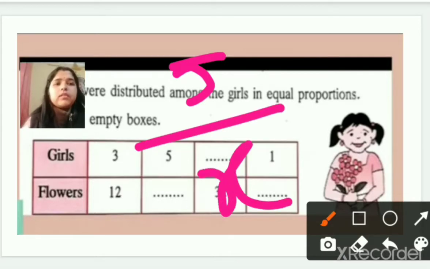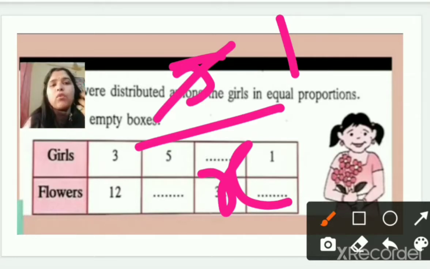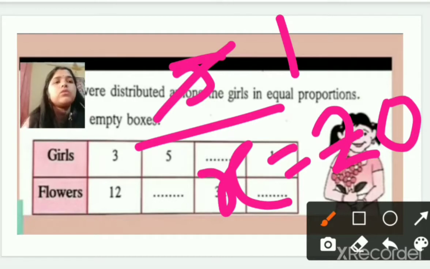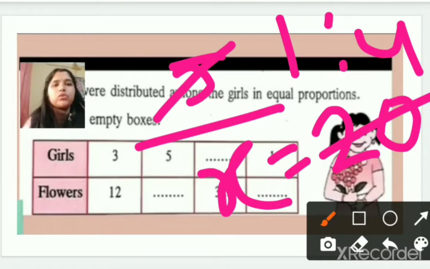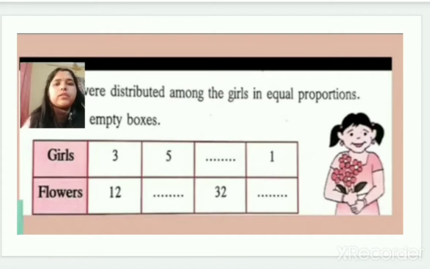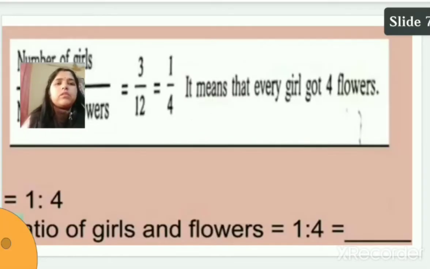Okay, same way we have the next number, that is 5, and we don't know what number this is. Let us take it as x. In the numerator part we have 1, so 5 1 is 5. Now in the table of 5, 4 5 is what? 4 5 is 20. It means x is equal to 20. So 5 by 20 is the fraction. 5 4 is 20, so our answer will be 1 ratio 4. Same way we will do for the rest of the numbers. Now we have the next part.